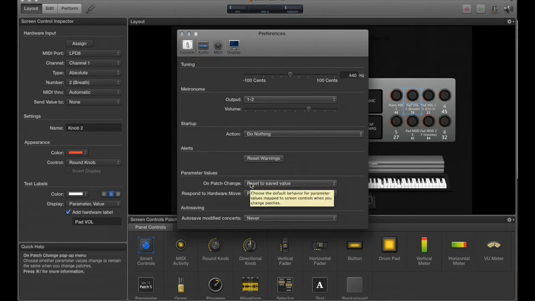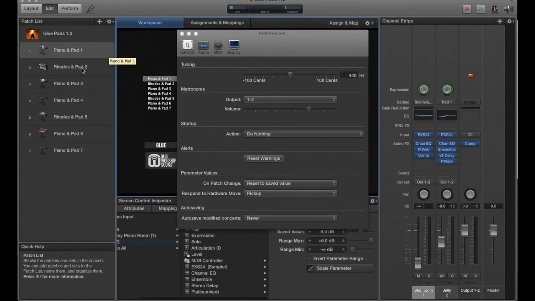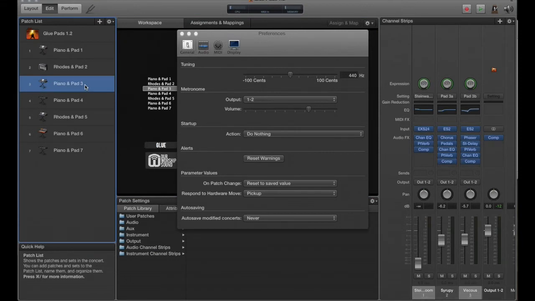Down here on Patch Change, I recommend that you set it to Reset to Saved Value. That way, when you're going through any of these patches, you want them to be set up for how you're going to use them at the initial use of the patch. So for example, let's say I'm going to use this patch at the beginning of my third song. I want the volume and those sort of settings to be set for the beginning of the song,